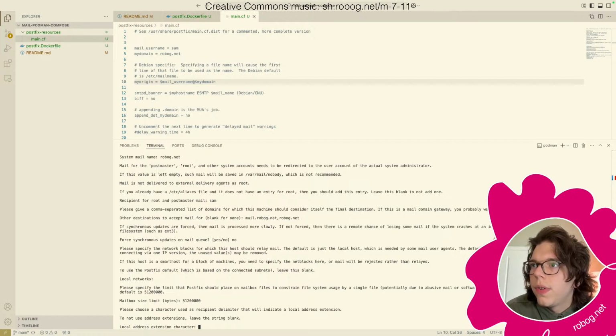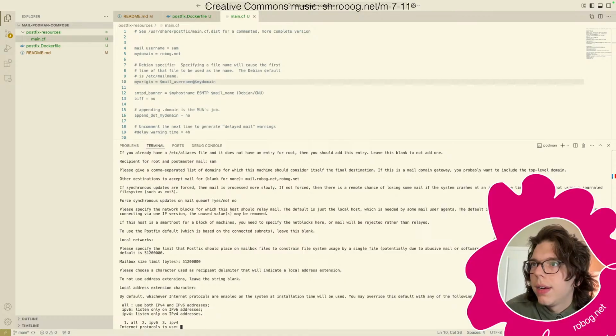I'm not going to use address extensions because I don't know what that is, and I don't think I need that because I just have one address here. So I think that's like if you had multiple people at your company and their mail's processed by different servers, but I don't have that, and I'm not going to have that, at least not on this mail server. And if I do, I'm going to forward this mail to another server because this mail server is just going to be simple. So I'm just going to do